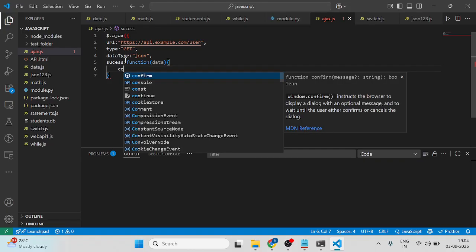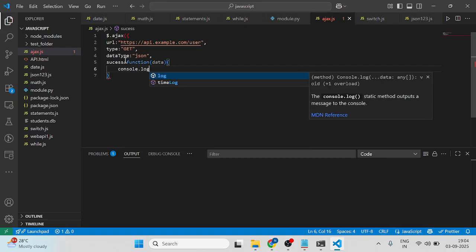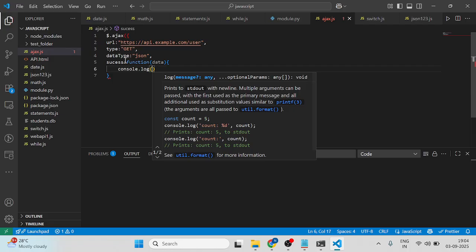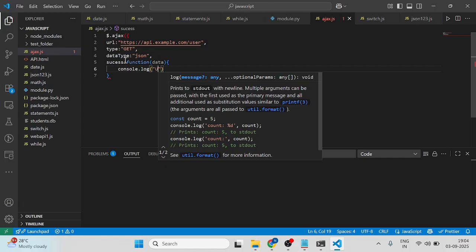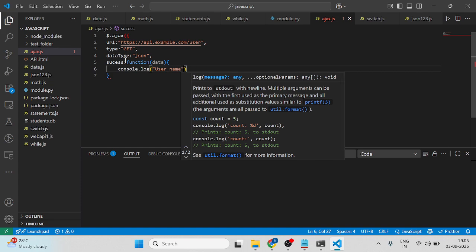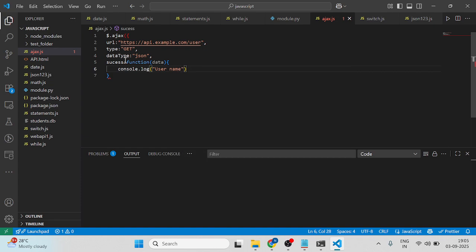So what is the console.log? In the console.log, I am taking one username here, just statically. Okay, the username I am doing concatenation. What is concatenation? We need to add one or more strings. So data.name, the name is there. I am taking data.name here, and after that I am going to do